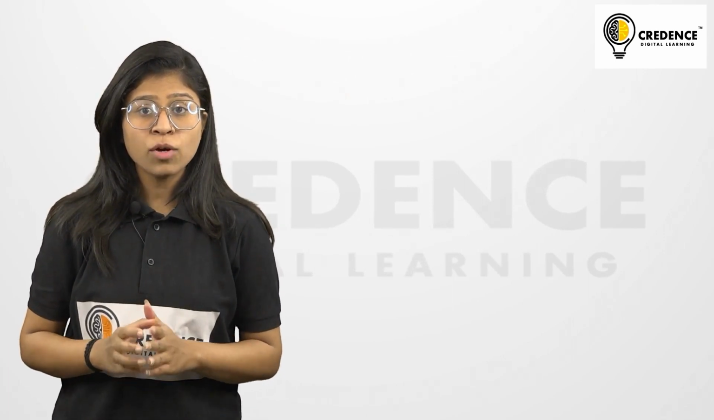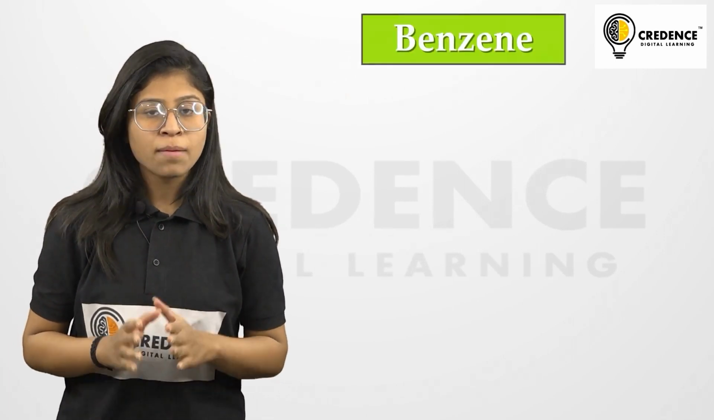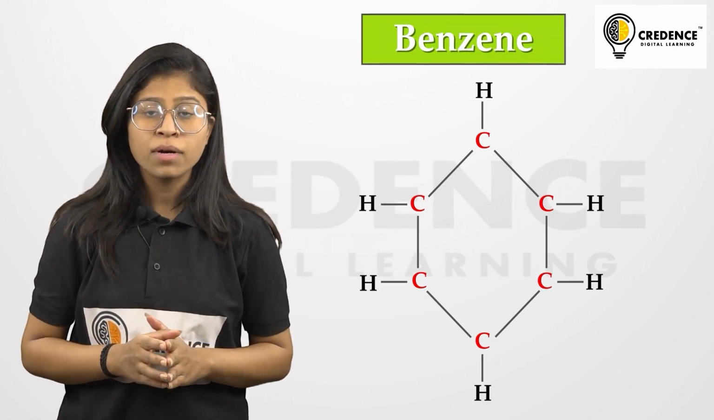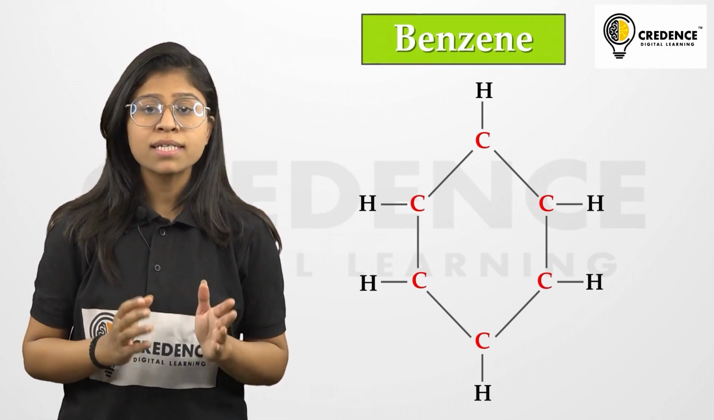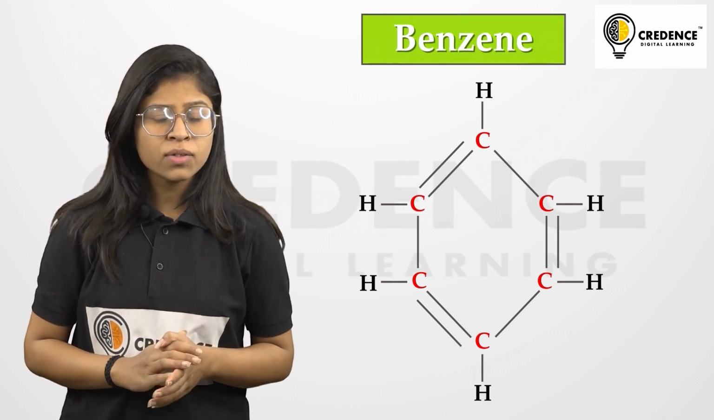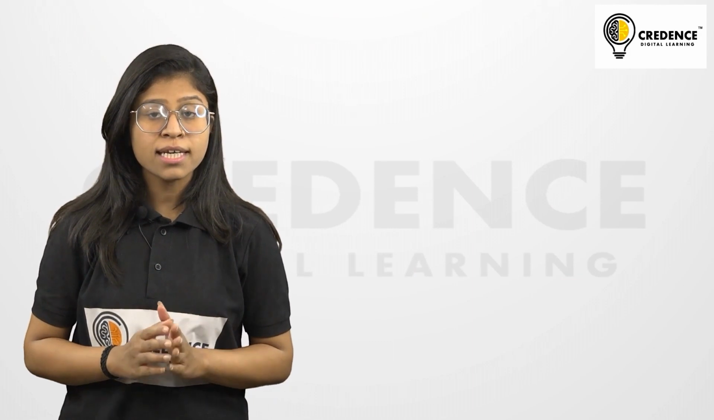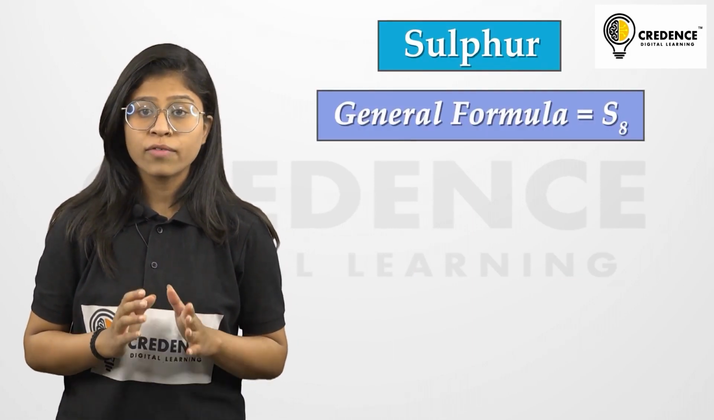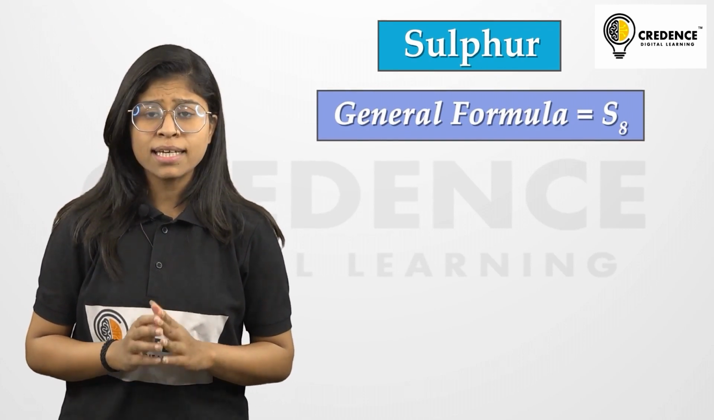Now the example of double bond is benzene. Benzene has 6 carbon atoms attached to each other in a ring form, where alternate carbon atoms are attached to the other carbon atom with a double bond. Now the next ring structure we are going to see is about sulfur. Sulfur has the general formula of S8. Here you can see that sulfur is